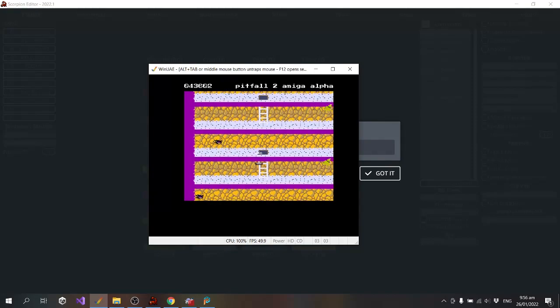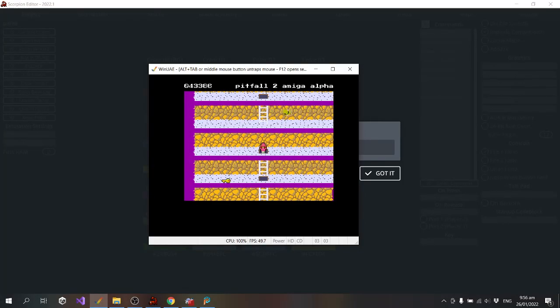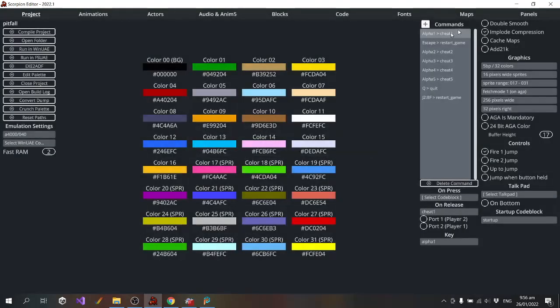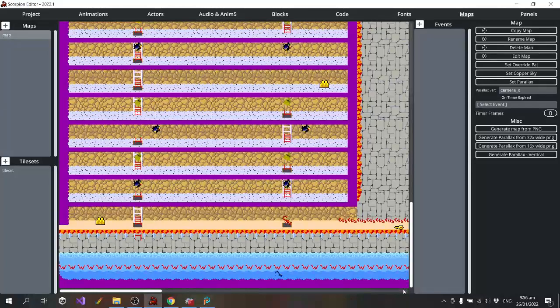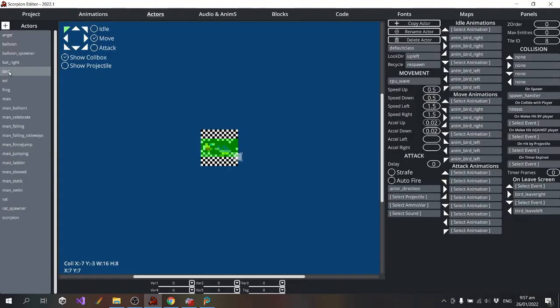Ah, God damn it. Oh, I need to look at that bug anyway. I think the problem is that it's going all the way off the end of the level, and so it's not coming back after that.